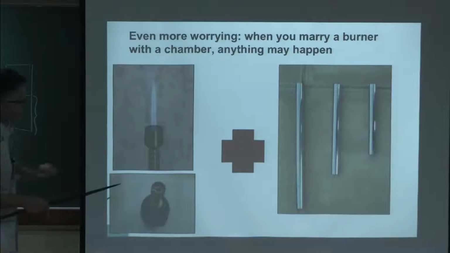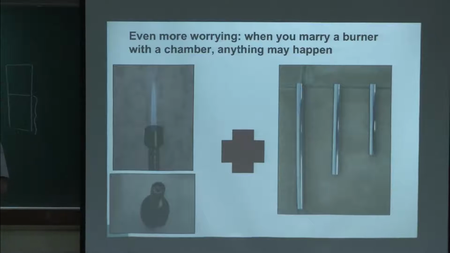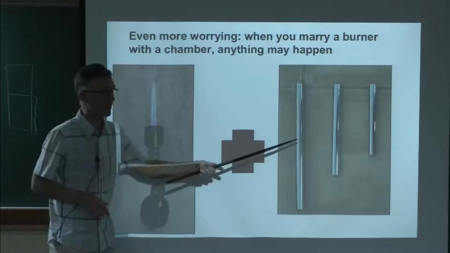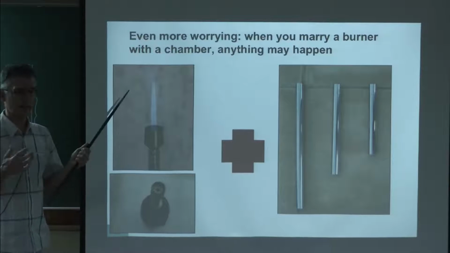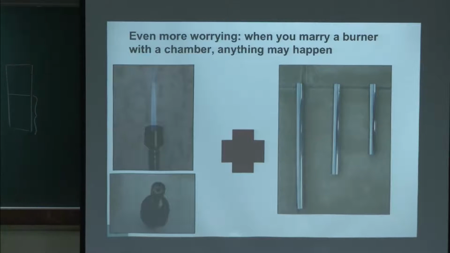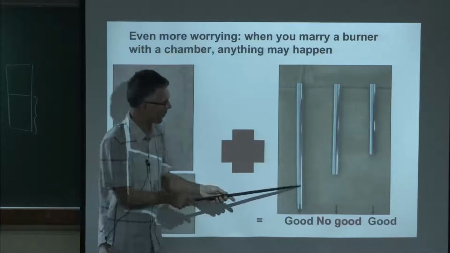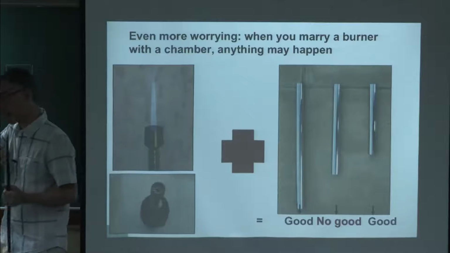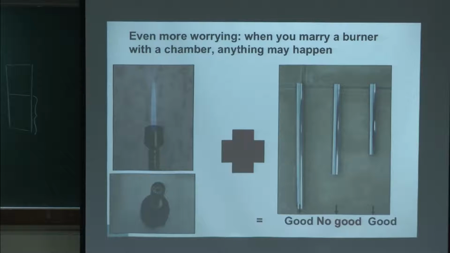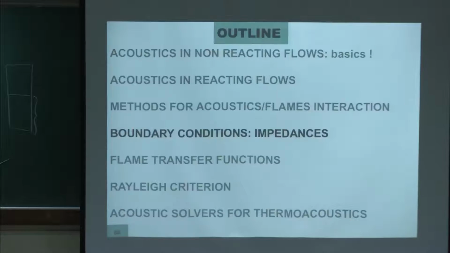So if you combine now a set of flames with a set of chambers, which is what the gas turbine companies do, what the whole world working in industry is doing every day. You have a chamber, this can be for heat exchangers, for example. You have a burner, you plug it in, and you start it. Well, this combination can be dangerous because in some cases, you can have problems which you did not expect. In industry, if this works and this works, they are not going to guess that this one does not. And so this is why industry has to worry now about understanding what's going on, because you cannot rely on simple ideas to know if a burner will be stable or not.